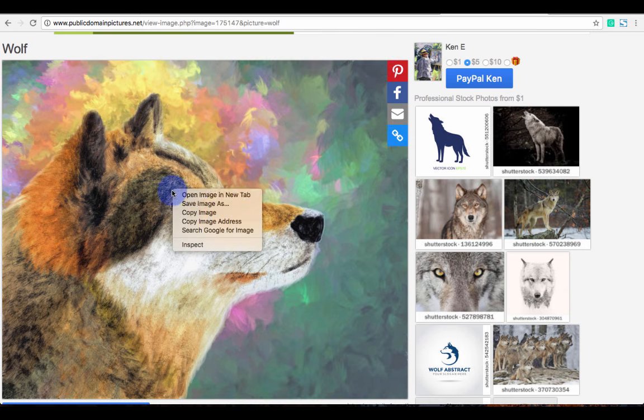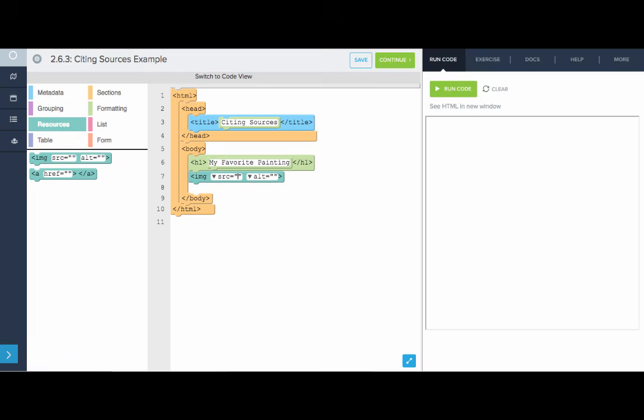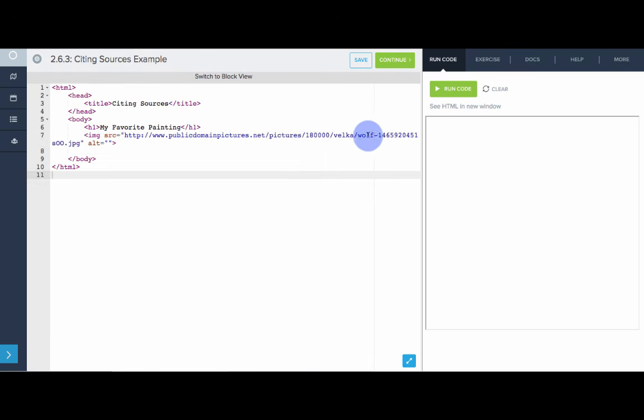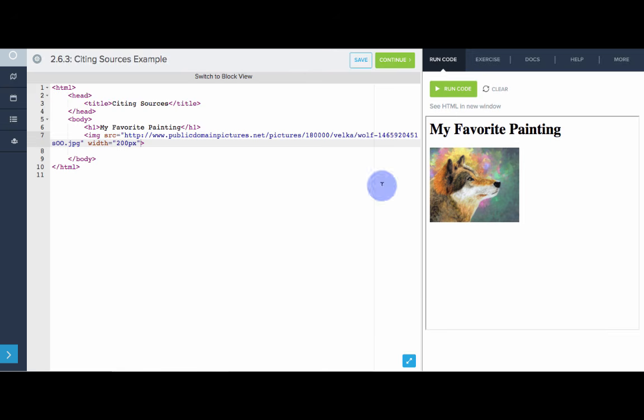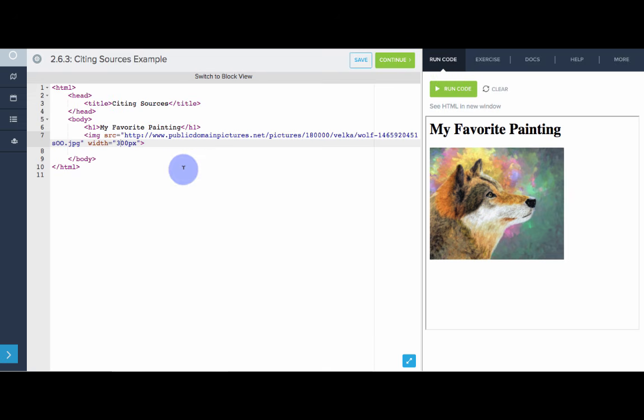So I'm going to right-click and copy the image address. I'm going to add this here, and then one more thing, I'm going to modify the width and height so we can actually see it. I don't need alt text, but I'll say the width is 200 pixels. Awesome. We can actually make this even bigger. Notice when I change the width, the height automatically scales with it.